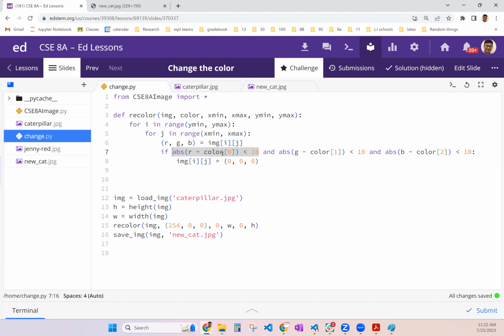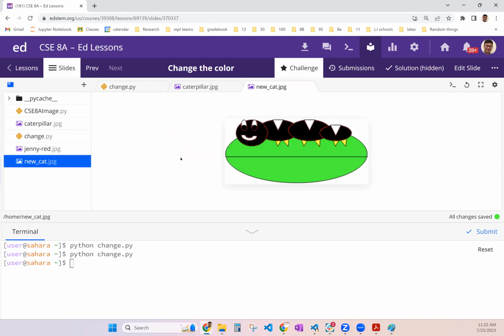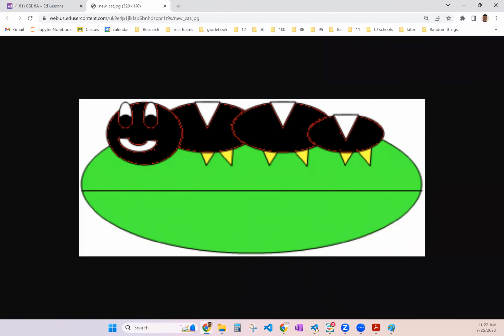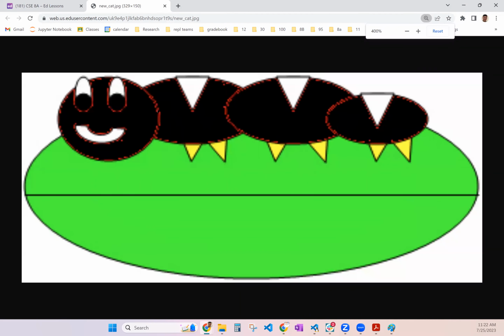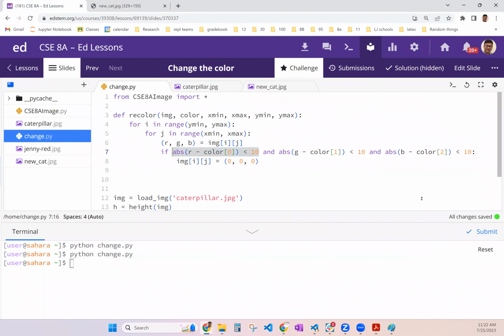If R is close to the corresponding redness of the color I'm looking for, so if I now run it, let's look at the new caterpillar. Oh, it's better now, right? It's much better than before. There's still something around here that is not black. So maybe I can introduce the fuzziness a little bit more. I'll say maybe 10 is not good enough. I'll say this is like 80. And maybe this is,